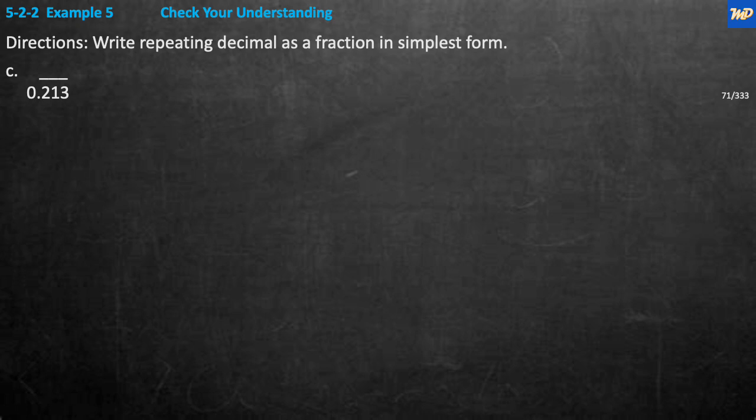So we know right off the bat, it's simple. Remember, as I've said all along, it's just process. Remember what you have to do and just repeat it. In this case, we're going to write an n, and we're going to say it's equal to 0.213 repeating. Then we have to look at this repeating section and figure out what we have to multiply by in order for that to become an integer. So we're going to multiply by 1,000, because these are 213 thousandths. So 1,000n equals